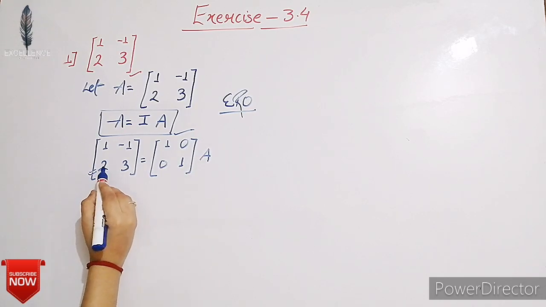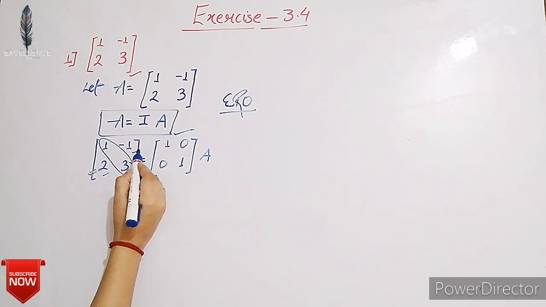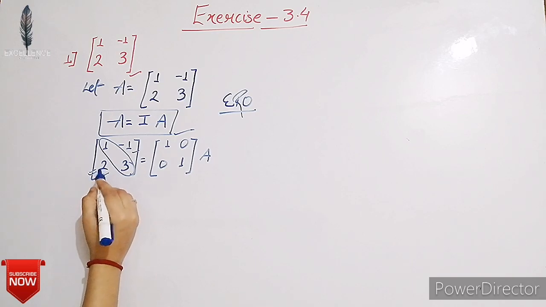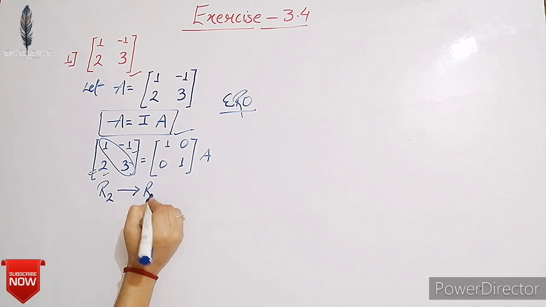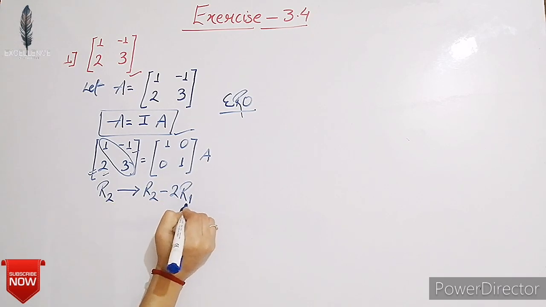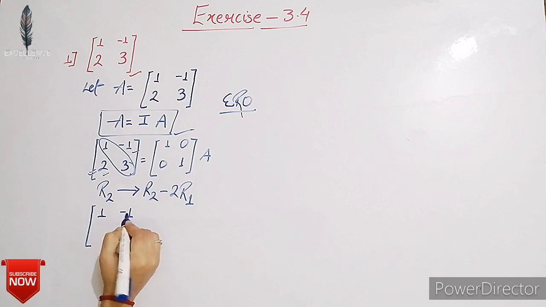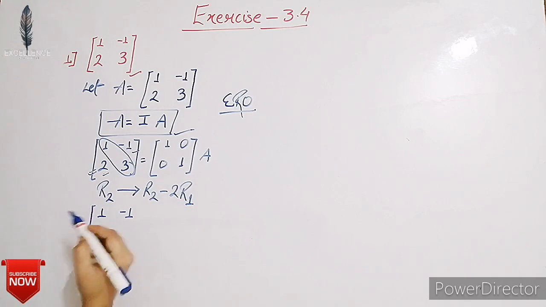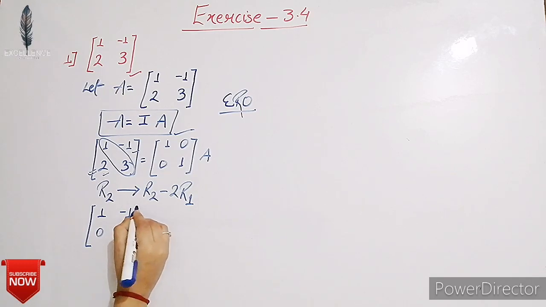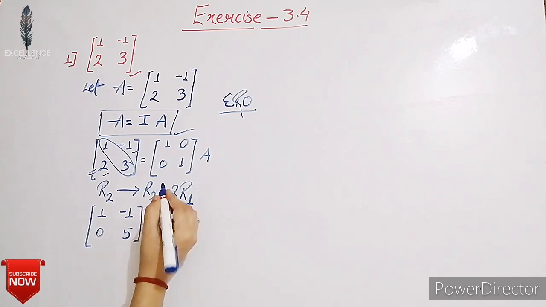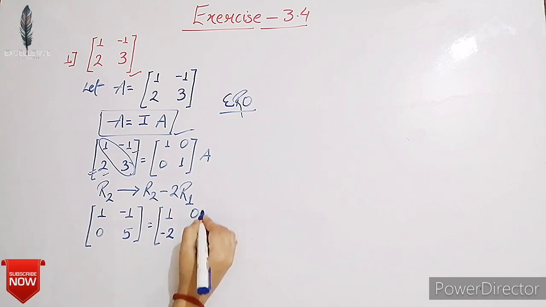Now, ध्यान से समझिए, here we have the main diagonal is 1 and 3. 1, 3 is the main diagonal, so we have to convert the non-diagonal elements into 0. So, our first change is in R2. That R2 is changed to R2 minus 2R1. Okay. So, R1 is same because हमने changes R2 में लगाया है. So, now change R2, that is 0 and it is 3 minus minus plus 2, that is 5, equals the same identity matrix में भी change होगा. R1 is same 1 0 and row 2 change करेंगे, that is minus 2 1 A.